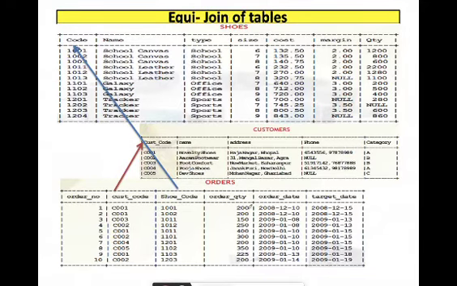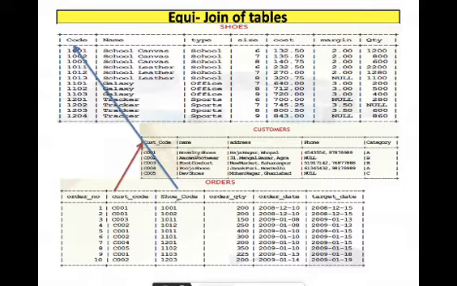So corresponding to this order, we can easily relate it with this customer. C001, name of the customer is this, address is this, phone number is this and category is this.